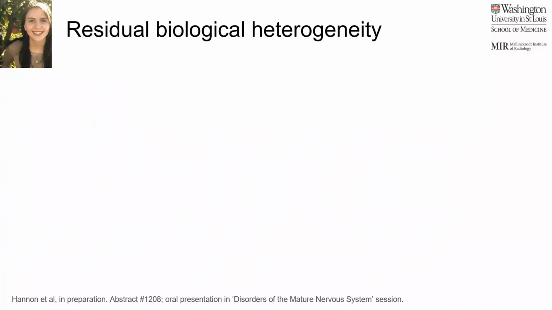And then the next thing we wanted to do, once we have these clinically homogeneous groups, is to look for evidence of residual biological heterogeneity. Are there maybe still biological subtypes within these quite well-defined, well-characterized clinical groups? And like I said, this is ongoing work, but I'll show you results for one of the groups to give you a little bit of a teaser. So this is the acute severity group, which means that these people were high in their depression score